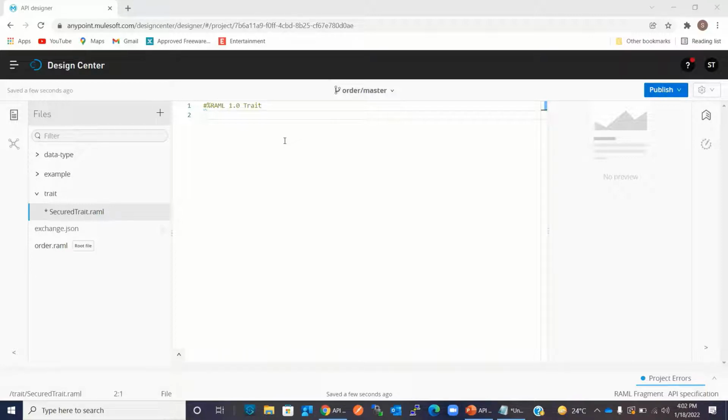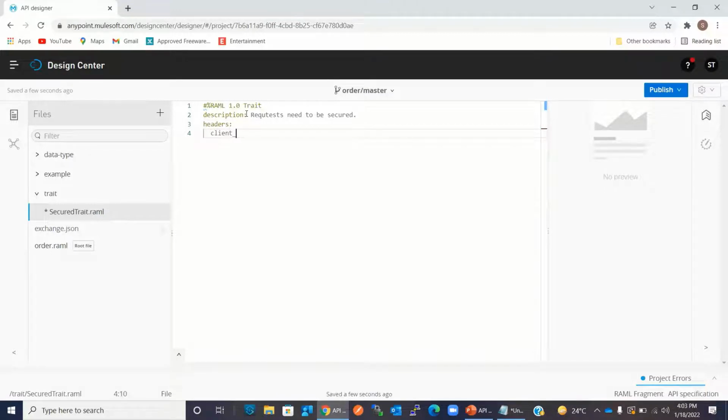Here I will define the client ID and client secret header. First, I will give the description for the thread. Request needs to be secured. Now I'll define header.